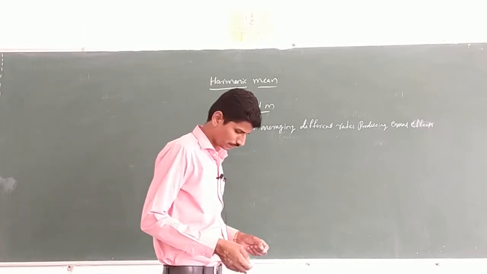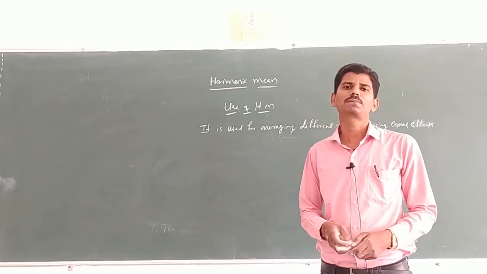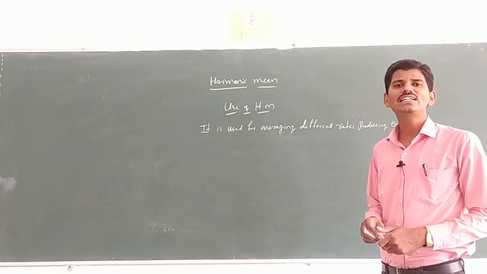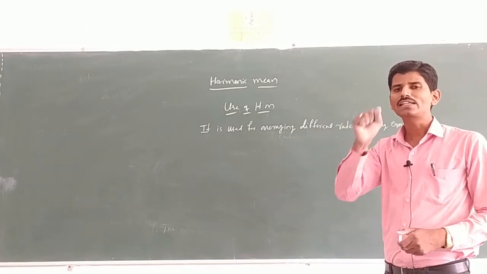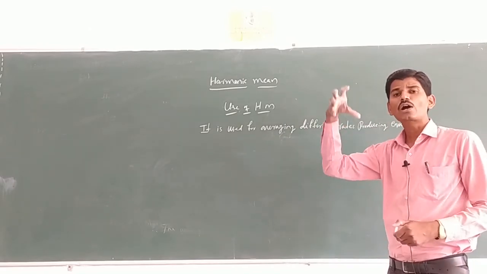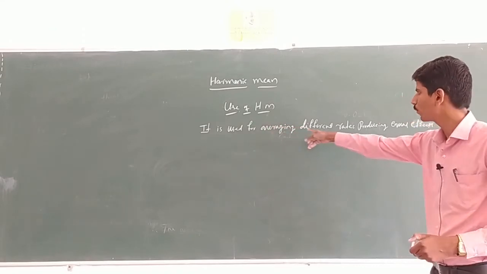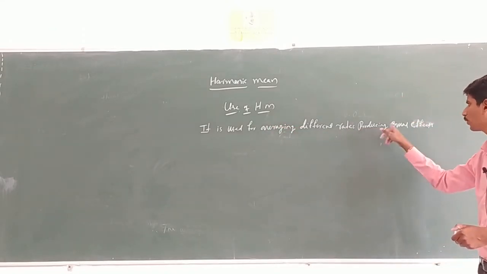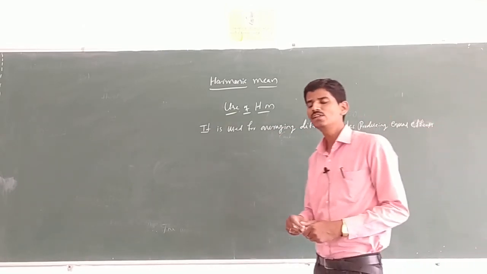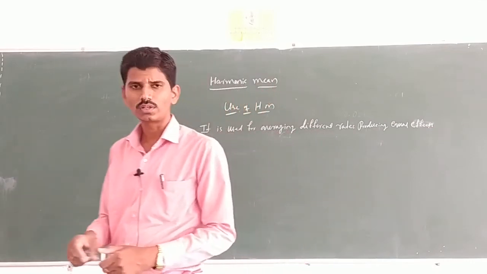What we have to find is the average speed. The harmonic mean is used to find the average speed. That is, it is used for averaging the different rates producing equal effects, which means finding the average speed. Okay, the next one,